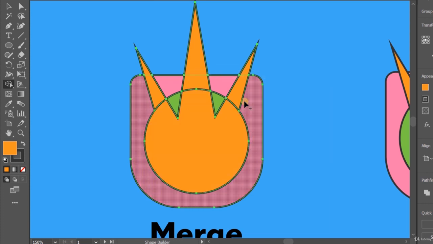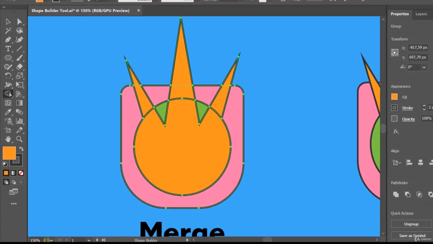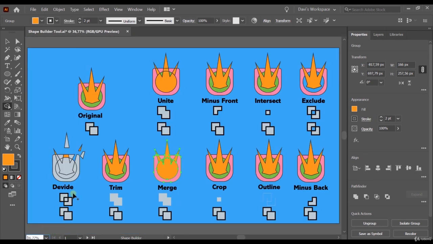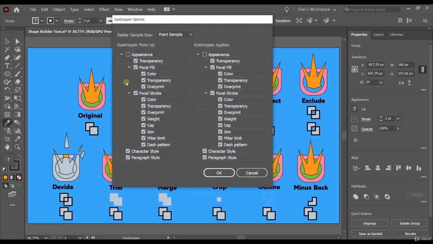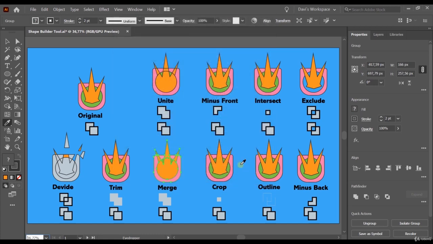But you can also change these configurations. How? It's simple. Let me zoom out here, fit on screen. The Shape Builder tool has advanced configurations just like some other tools. I think I taught you already how to access the advanced configurations for the eyedropper tool. You just have to double click on it and you see the advanced configurations. The same goes for the Shape Builder tool. If you double